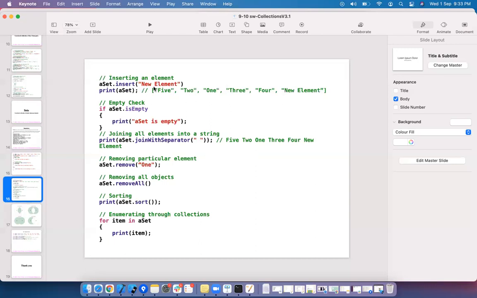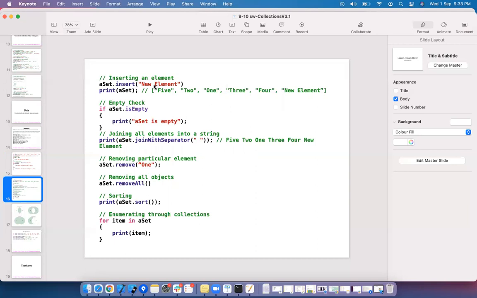Insert, if you want to insert any element, you can insert. And isEmpty is one check you can perform on strings, arrays, dictionaries, and sets to check whether the given collection object is empty or not. To insert, we have insert here. There is no index, no value, no key.